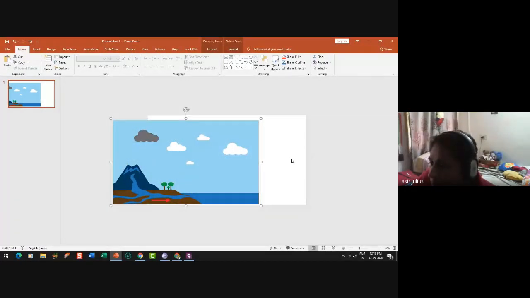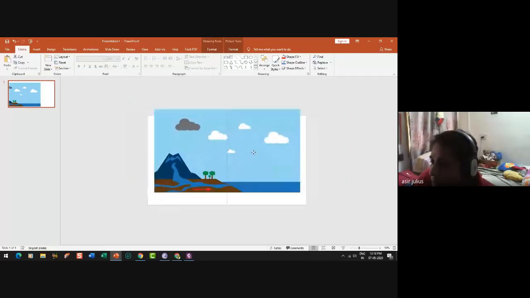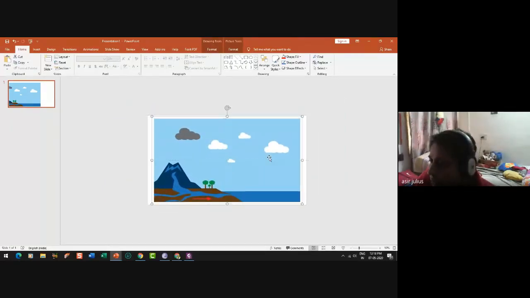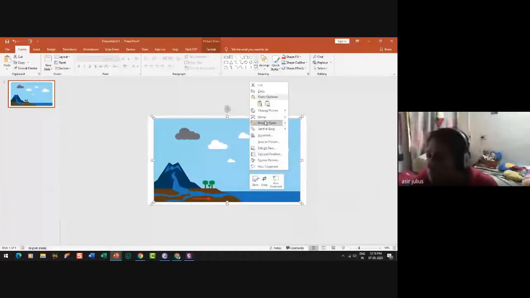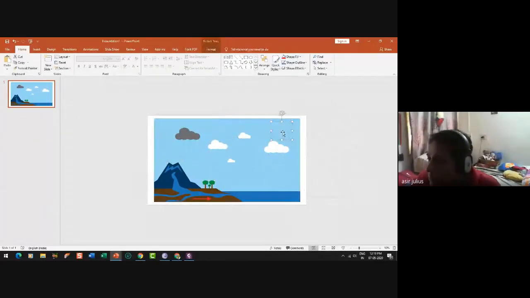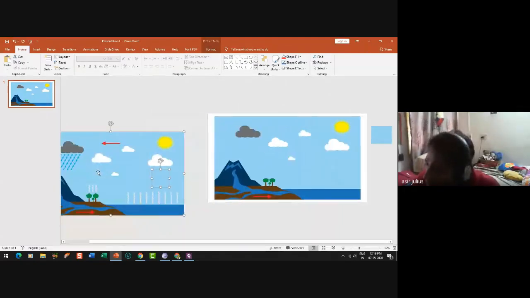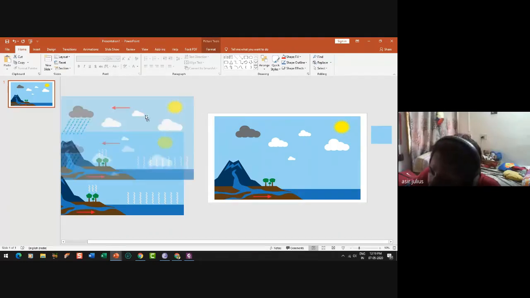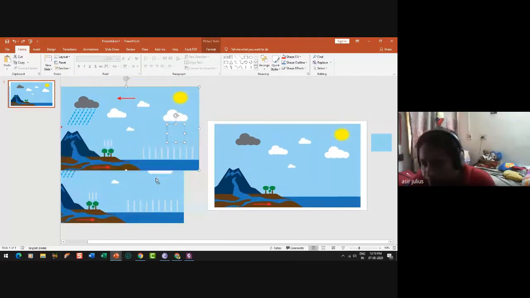Once grouped, there is no more patchwork. But I want the sun, right? I need to take this sun. So again I'm going there, ungrouping it. Let me cut this sun. I have used a shortcut to take this picture. I don't want to right click it. Simply pressing the control button and dragging this will give you too many copies.